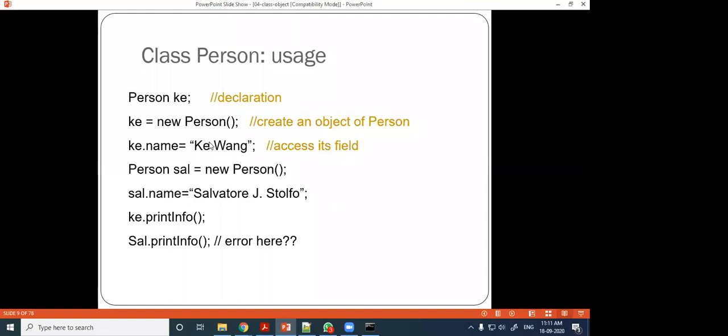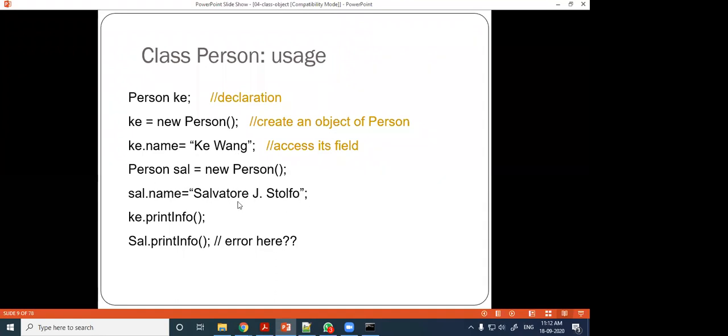So there are two objects at this point. One object name is ke, another object name is shall. So ke has name information k1 and shall has the name Salvatore J. Stoll.